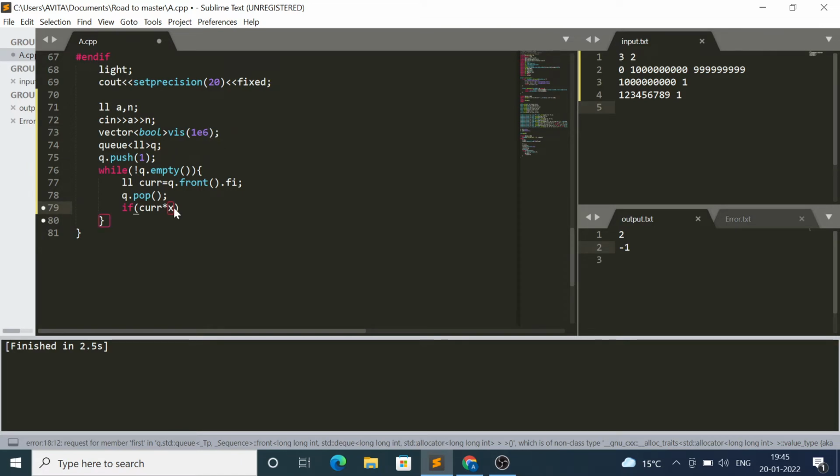So if current into x is less than 1e6 and not visited of current into a, this should be current into a. So visited of current into a equals 1, q.push(current into a), and now